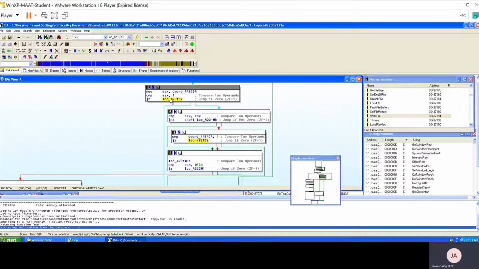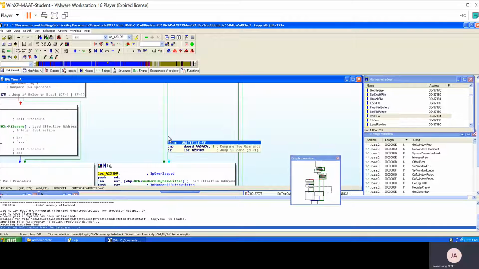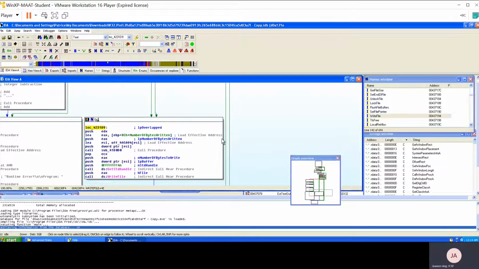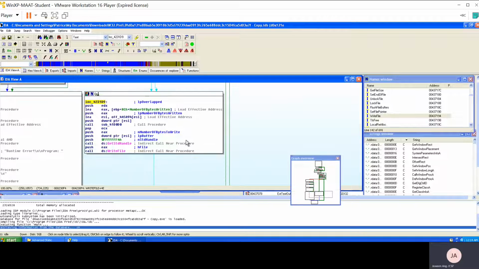If the jump is being taken here, it will enter this particular loc_4231D9 process, and we can see that it has called the imported function GetStdHandle to retrieve a handle to the specified standard device, and it has also called the WriteFile function, which writes data to the specified file. We can also see that it has loaded this particular offset